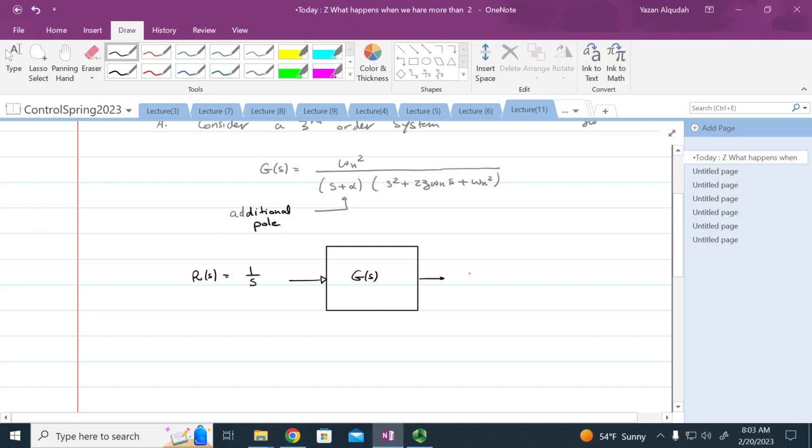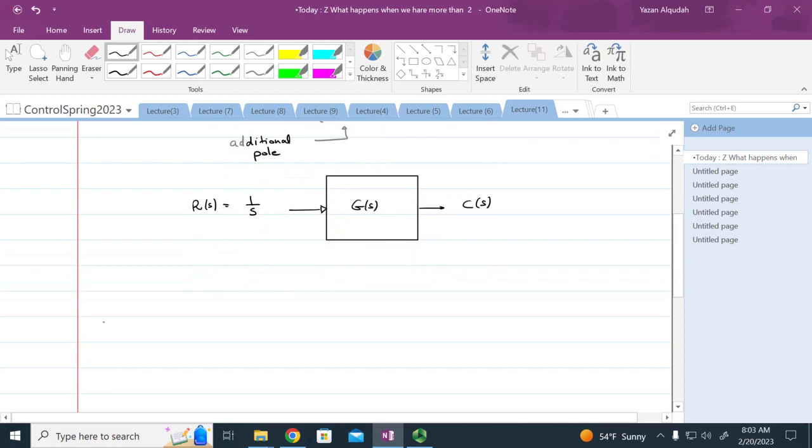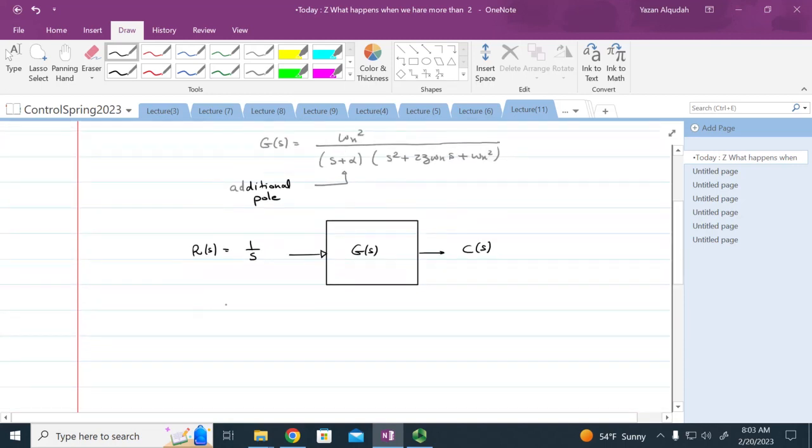So what are we inclined to do? We are inclined to try to approximate this with a second order system, because then we can use all the development that we've done for second order systems. So let's see in what conditions we can approximate this system with a second order system. If we have this third order system, and I want to calculate the step response for this system, it's going to equal the input multiplied by the transfer function,